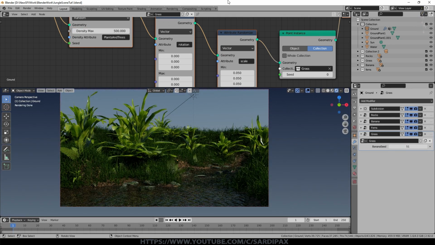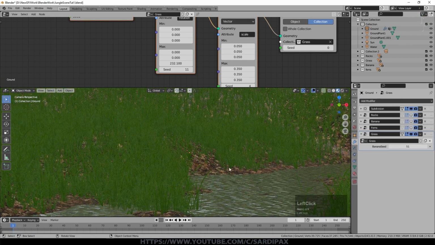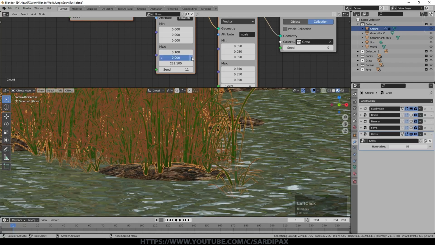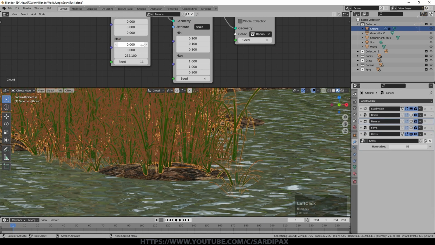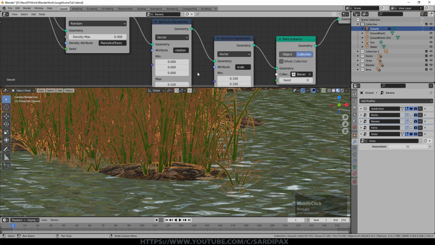And with the grass particularly, we might want a bit more variation in its angle. See that's coming on now. So I'm just going to turn off the other nodes. So at the moment, I'm only rotating it. But if I put a little bit of variation here, then not all of our grass will be bolt upright. And of course we can do that with some of the others as well. Perhaps the bananas will just give a little bit of variation here. So this is our attribute randomize rotation node.